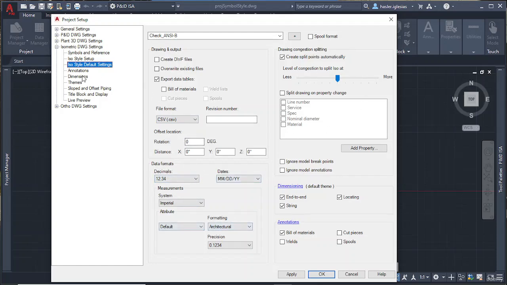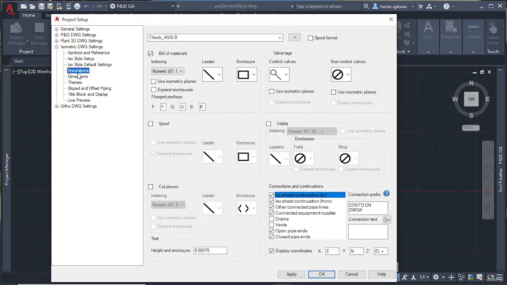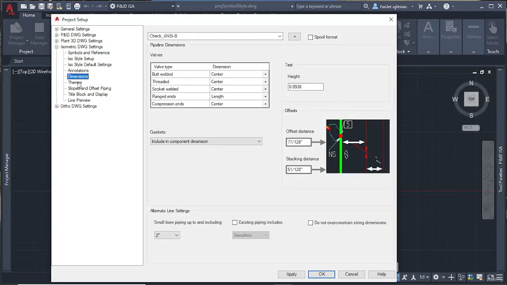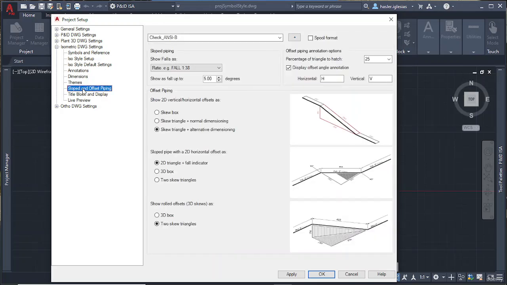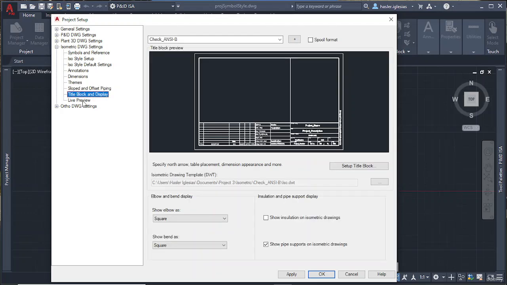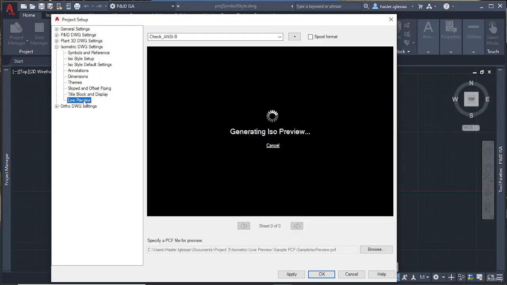recorded, and everything I can change here: the annotations, dimensions, themes, slope and offset, piping, the title block and display, specifically for isometric drawings. And if I review it, it's going to take some time because it's generating an ISO preview of something I did not draw. Okay,